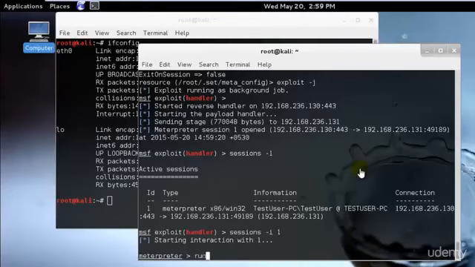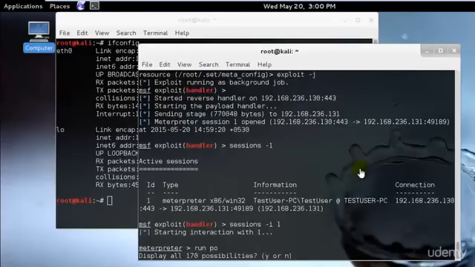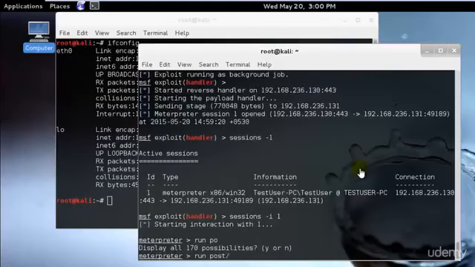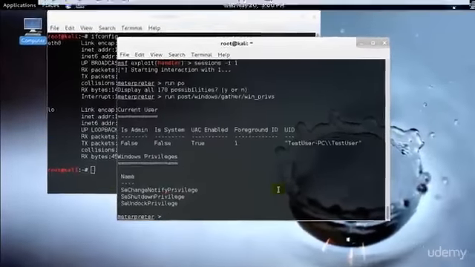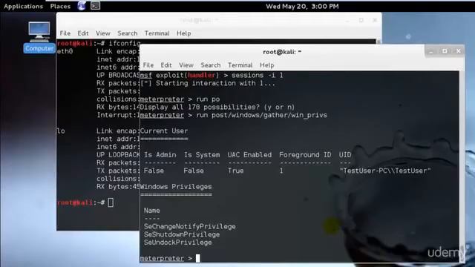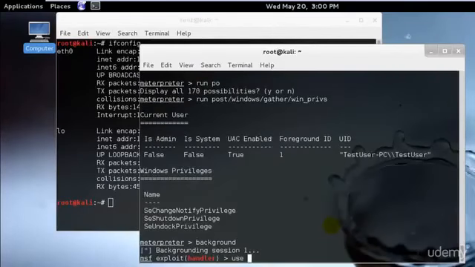Okay, I think I made some mistake. Run, display, no, post windows. Okay, now I'll just go ahead and background,